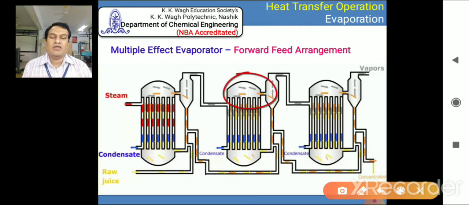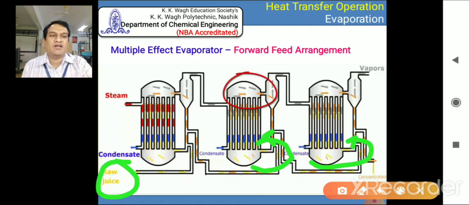In the same way, if you feed the thin liquor or the raw juice, that is also from the first effect, then it is converted into a concentrated product, and it is going to concentrate again in a second effect, then it is going to the third effect, and from the third effect it can be drawn as a final product. If the concentration is not at the satisfactory level, then it can again go to the first effect as a makeup feed, right?